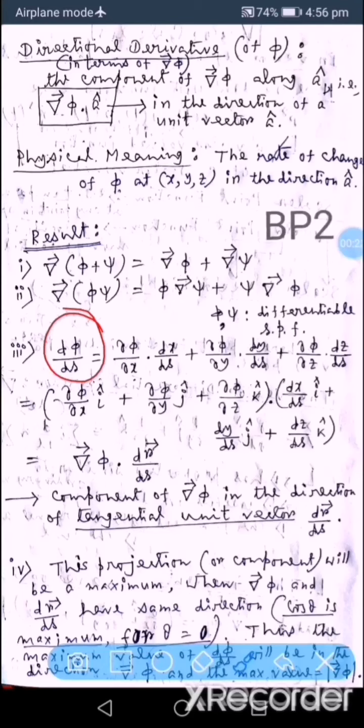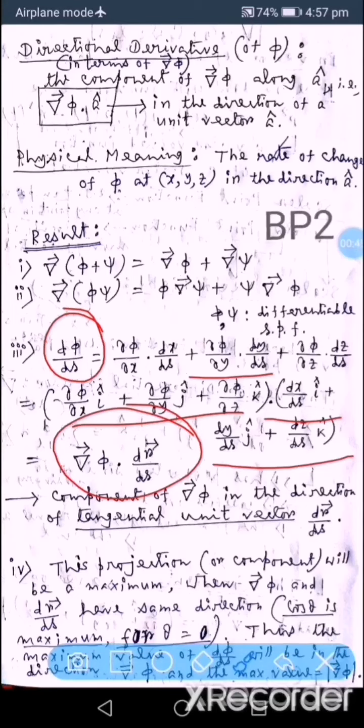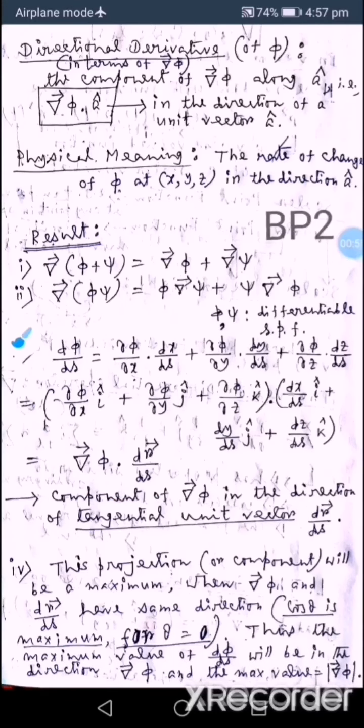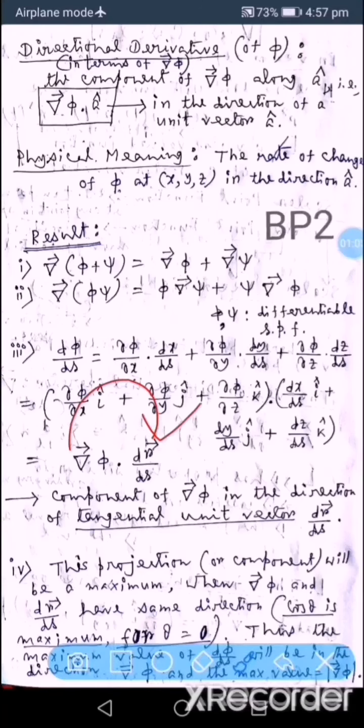Next, d phi/ds. Suppose phi is any scalar point function, then we can write d phi/ds as del phi/del x dx/ds plus del phi/del y dy/ds plus del phi/del z dz/ds, which can be expressed as a dot product, ultimately del phi dot dr/ds, which denotes the component of del phi in the direction of dr/ds. We know dr/ds is a tangential unit vector, so the component of del phi in the direction of dr/ds is nothing but mod del phi, that is the magnitude of del phi. This projection